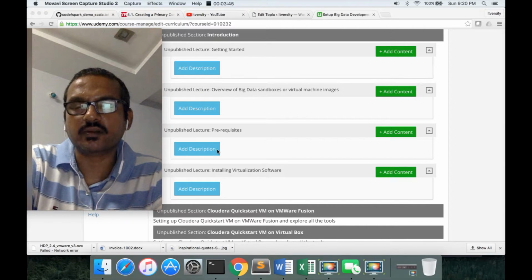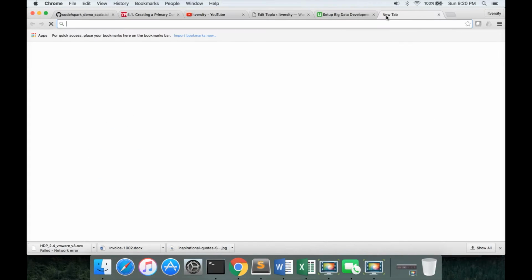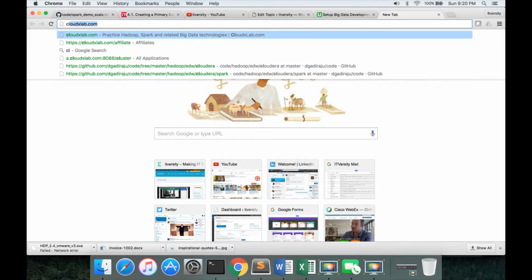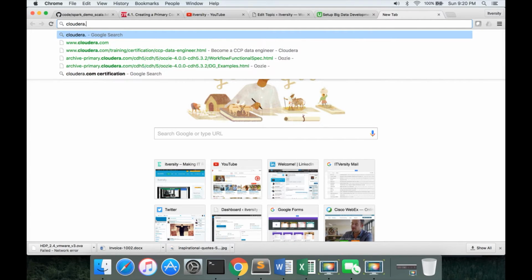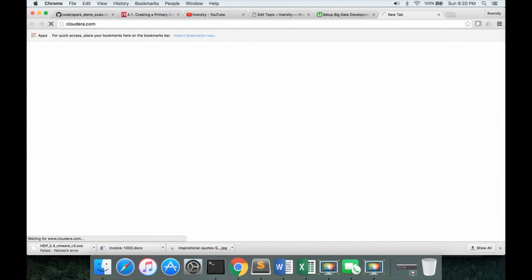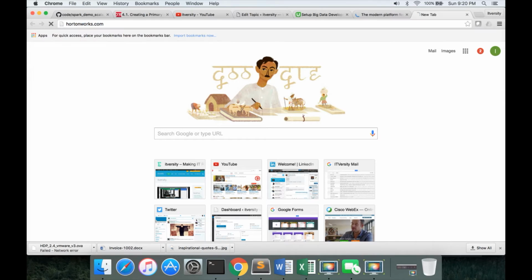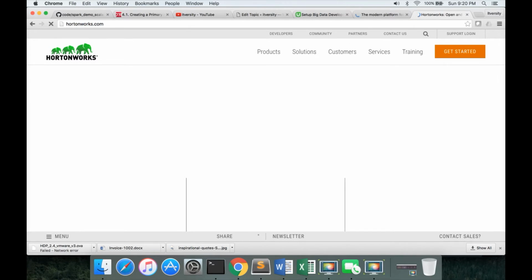Over time. Okay, so that being said, let me also take you to the websites. cloudera.com is the website which provides the Cloudera quick start VM, and hortonworks.com will provide you the Hortonworks sandbox.